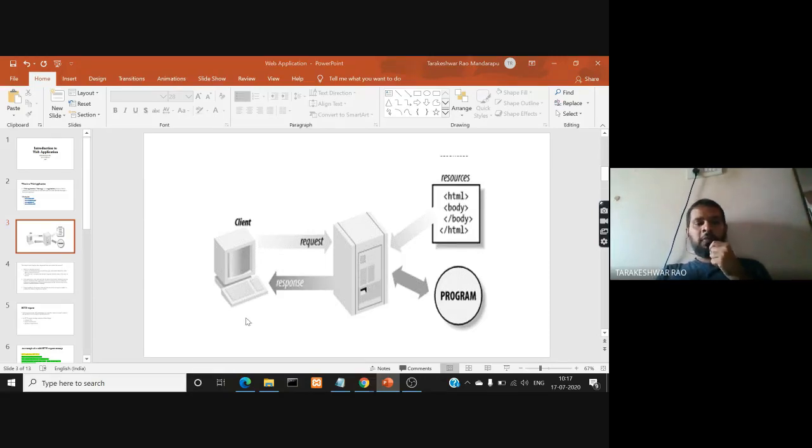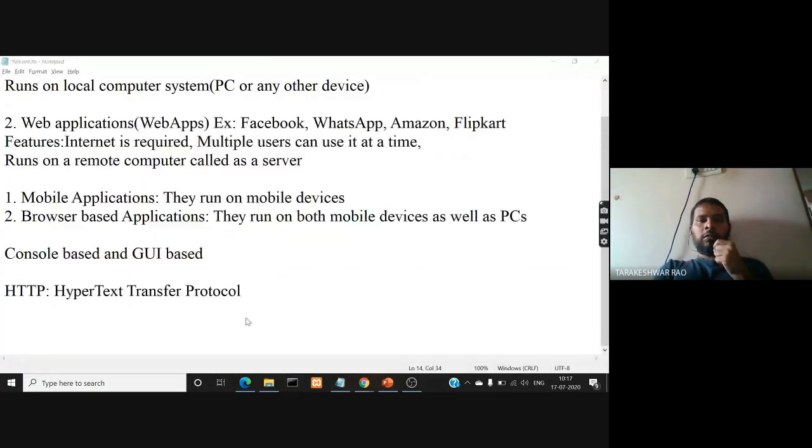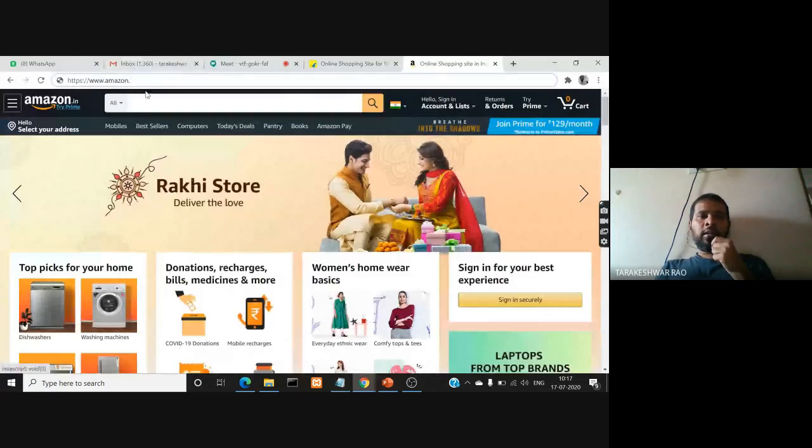That is the reason why, when you open the browser window of your computer and strike the enter key after typing the URL, then if you look at the URL that you typed, some part is added at the beginning. What is that part? HTTPS colon two forward slashes and then www.amazon.in. Why is this coming?